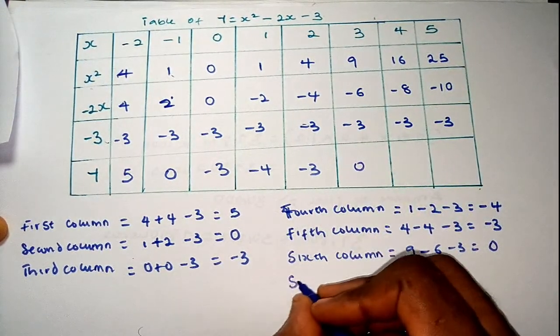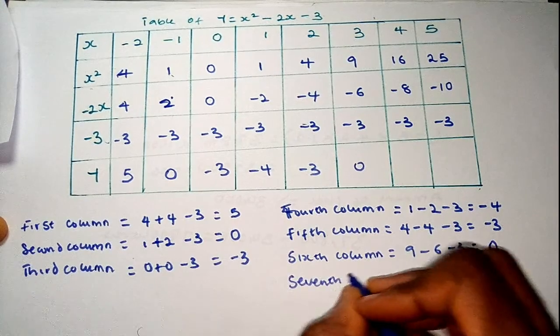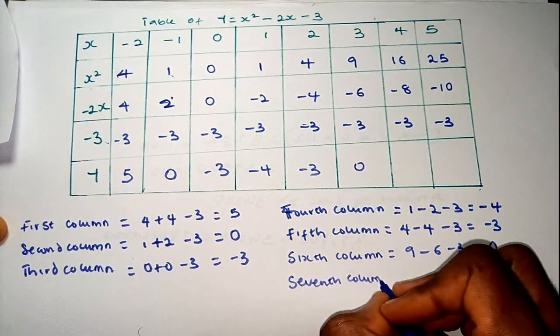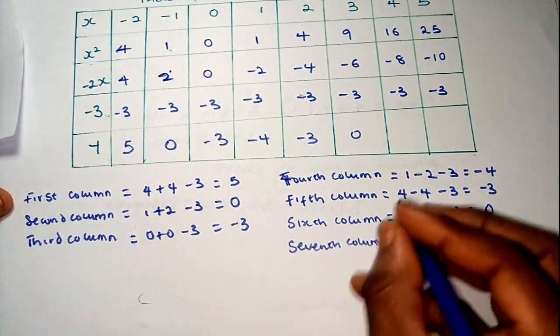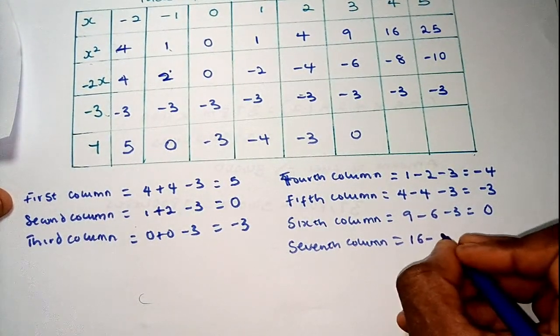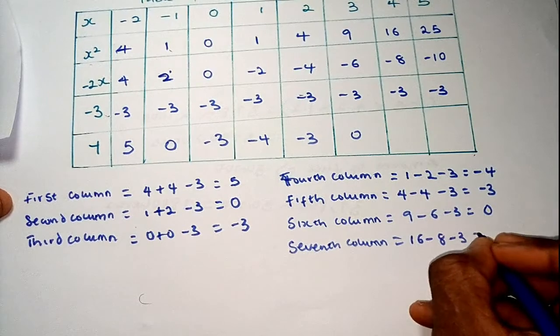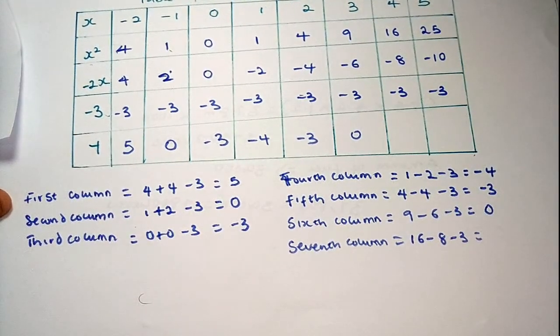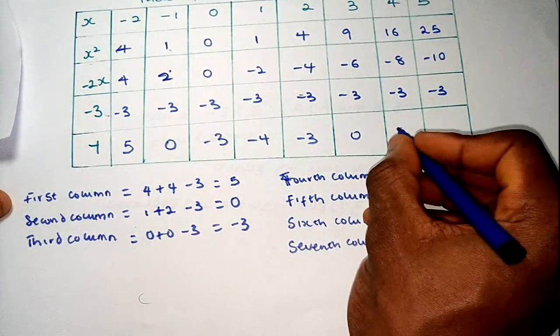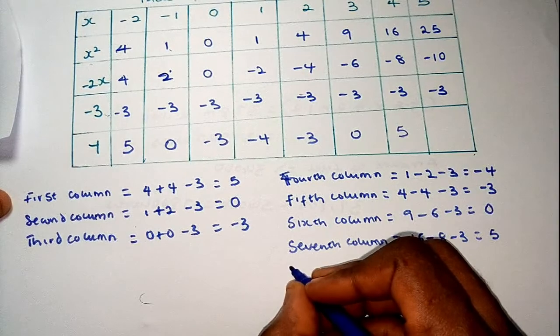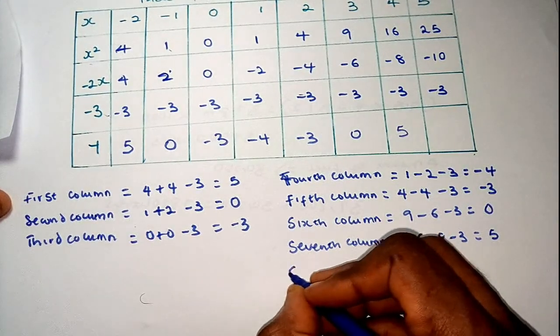The seventh column, okay, we're gonna have, let me put this up, 16 minus 8 minus 3. Now what will that give us? So 16 minus 8 is 8. 8 minus 3 is 5. So put 5 here. And the final one, the eighth column,